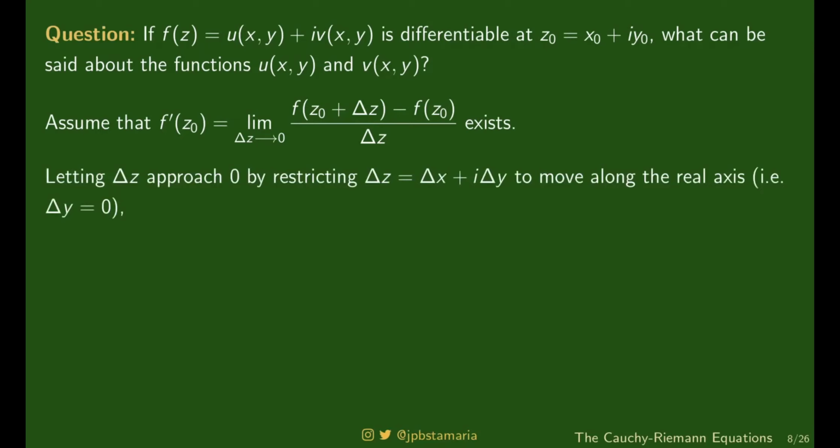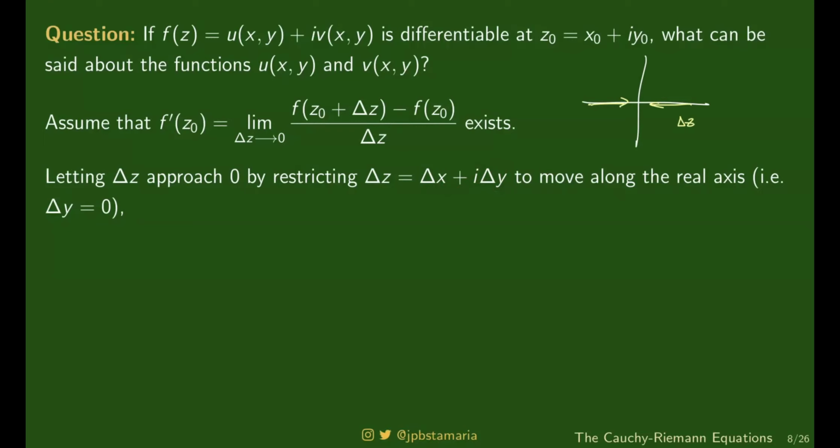By letting delta z approach 0, kasi yung delta z nag-approach sa 0, di ba? Again, meron kang some complex number na nag-approach sa 0. So, I'm going to do the same thing as before. Ang gagawin ko, first case, i-approach natin yung 0. Yung delta z i-approach yung 0, pero manggagaling siya sa real axis. Nandiyan yung delta z. Okay? Pag nasa real axis ka, dito sa dalawang terms na ito, sino ang 0? 0 yung y. So, yung delta z mo is just delta x.